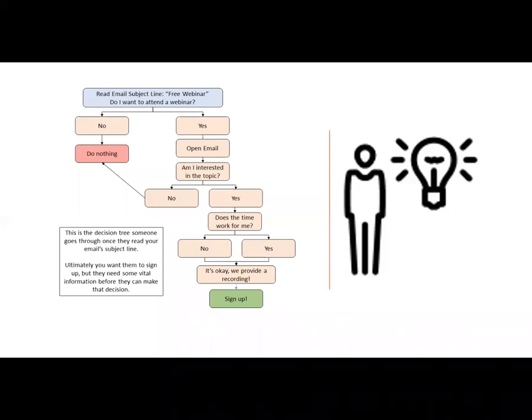Then they can attend, whether it's live, or they can get the recording, or they can get the downloadable assets, whatever. As long as you're making sure that they know that's also available, they're likely to sign up anyways. And of course, if the time doesn't work for them, the alternative is that they're still going to be provided with some value and some asset. If they sign up, you can still get their email, and in return, they're still receiving some content, right? So that's also very important when thinking about subject lines.